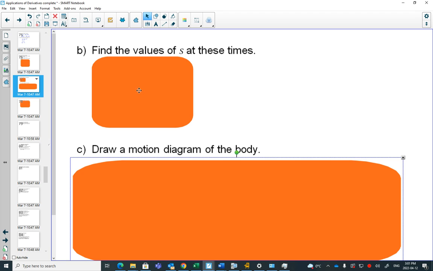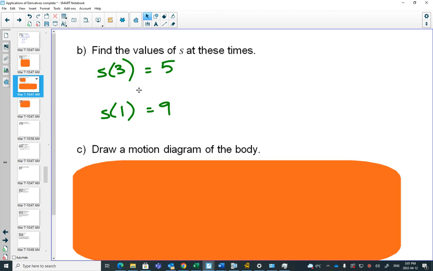Finding S at these times, so this is just a matter of plugging in the 3 and the 1 into the displacement. So again,